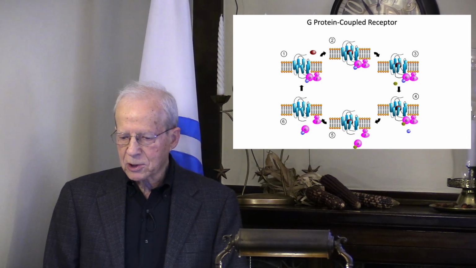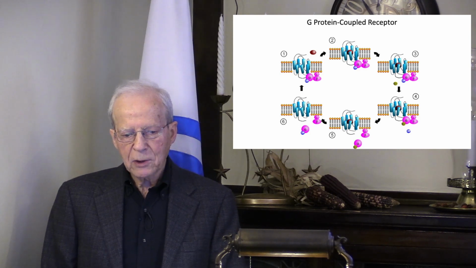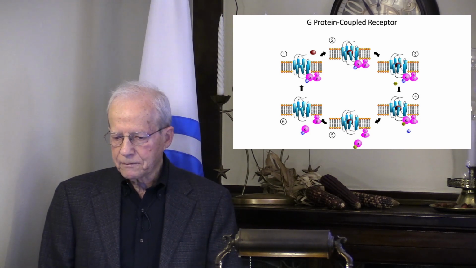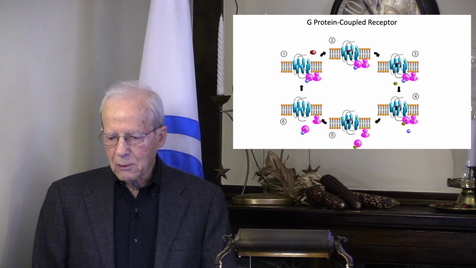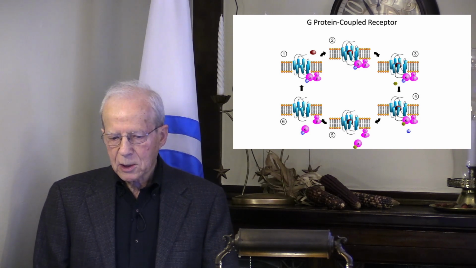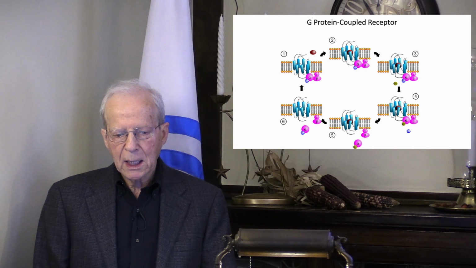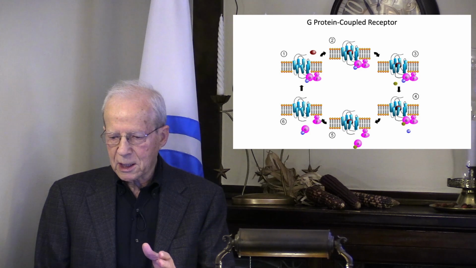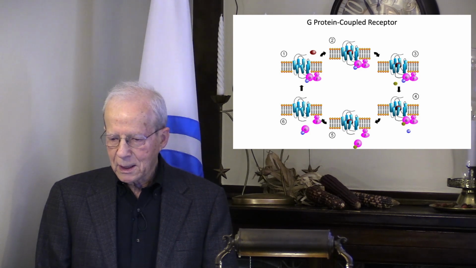The most characteristic structural feature of the GPCR is that they have 7 transmembrane receptors, which are illustrated here by the azure blue objects, which are actually transmembrane, so they can transmit a signal from the external to the internal portion of the cell. There are 6 different stages in this process, which I will not go through, but I would like to mention